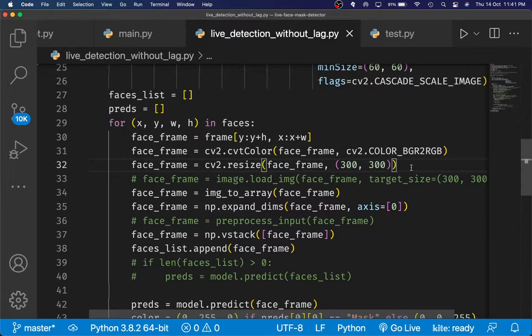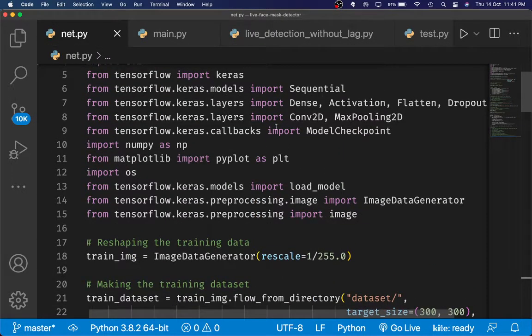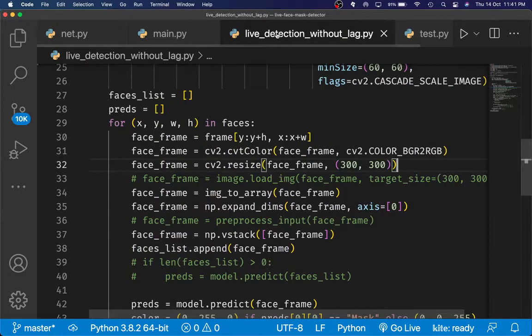Now this is something that you need to know. What we are doing here is resizing the frame to a specific dimension. You can't just put any arbitrary number in here. You need to remember what dimensions of data you were loading in as your target size. And you just need to put two dimensions in there. You don't have to put your RGB channels, like 300 by 300 by 3. Just put your width and height in there. Don't put the number of RGB channels.